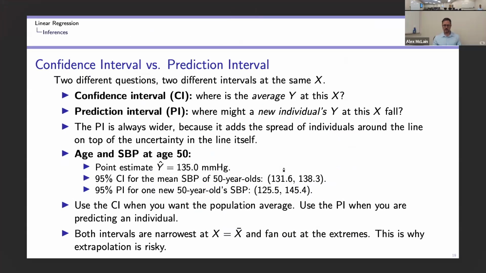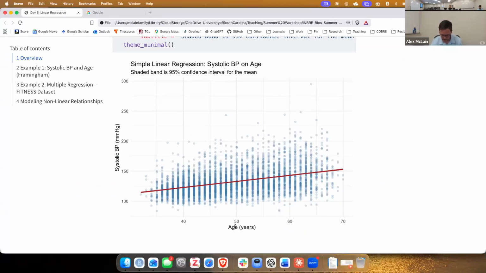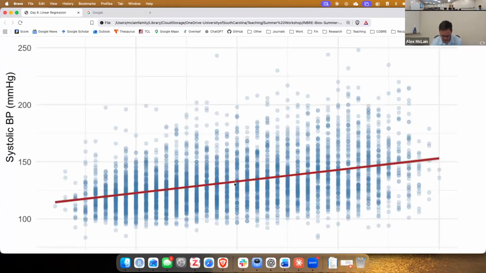So what is the 95% confidence interval for the mean? What that says is, for a given value of x, where is the actual mean of y? So if we look at this, for an age equal to 50, we could plug this in and figure it out, but